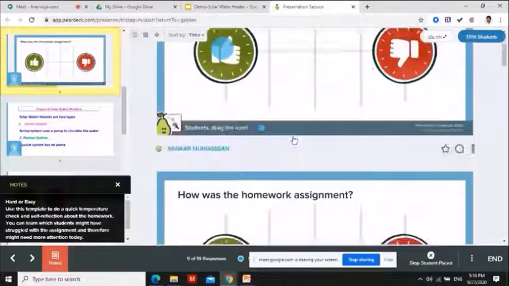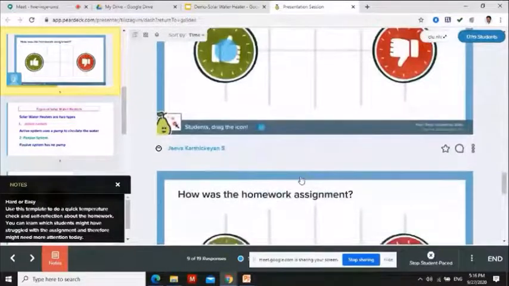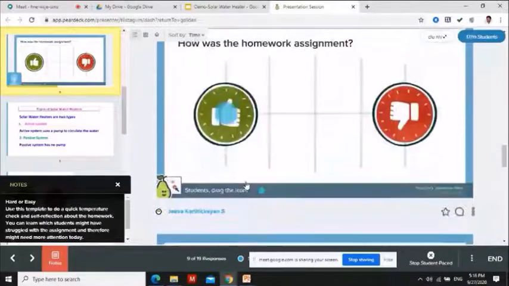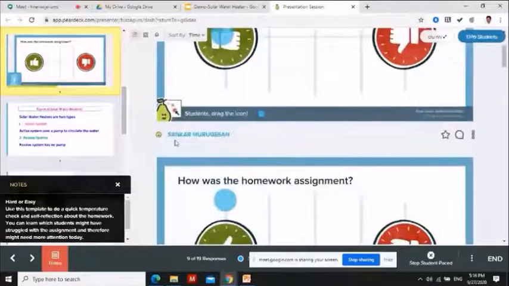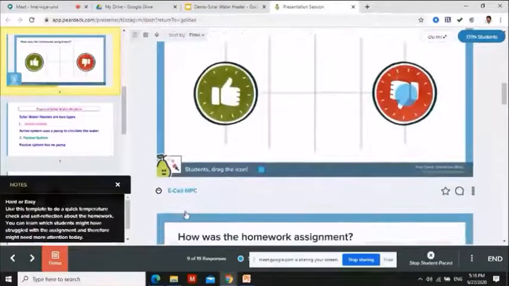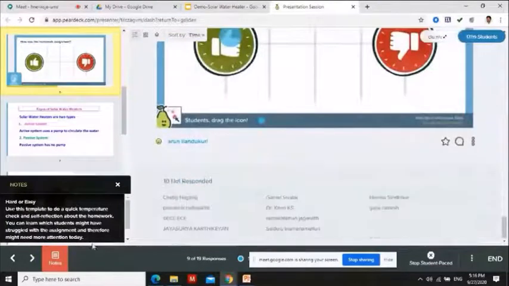You can have the list like this. This is the student name and the responses all are coming here. This is the response of Dr. Shankar Murugesan. This is the response of Shravanti. This is my response. Like that, you can see the responses of the students while the class is going on, how they are responding, how they are answering.